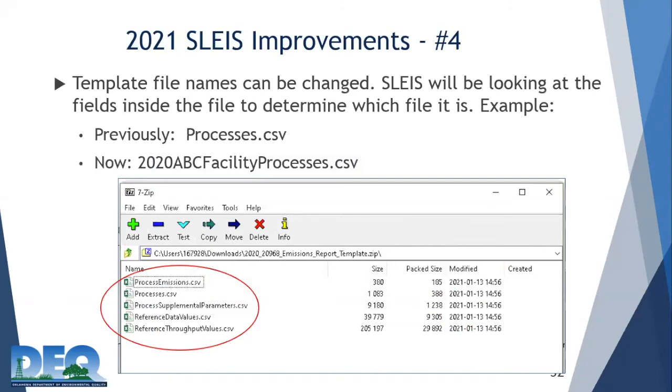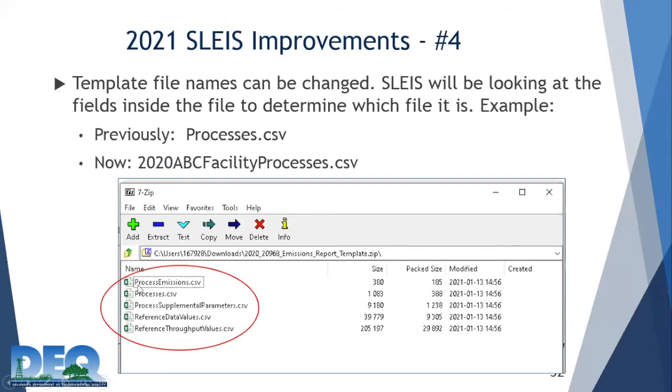The last SLEIS improvement I want to talk about is the template file names. If you use the templates and not the front end only of SLEIS, then last year you would have known that you had to keep the names as they were when you downloaded them. Well, now that is not the case.